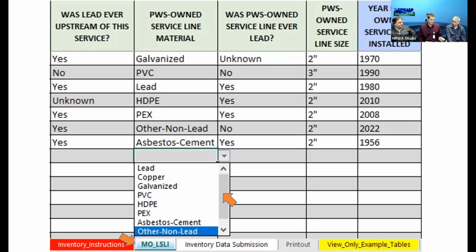If we just left it as fill in the blank, we would get 1,000 different versions. Some might put lead, some might abbreviate it PB, some might put LD, so we want to standardize the information. On your personal one, you might have it recorded differently, but when you publish it for the state, you need to use those standard terms there.